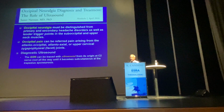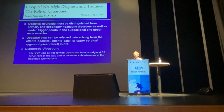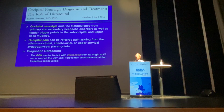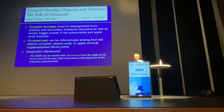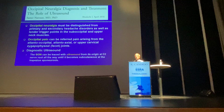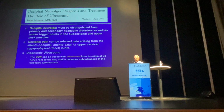Occipital neuralgia, one of the last things I'll discuss. Very interesting condition. Obviously, it must be distinguished from primary and secondary headache disorders. It can be referred pain from the atlanto-occipital, the atlantoaxial, as well as the upper cervical zygapophyseal or facet joints. Diagnostic ultrasonography is very useful for this condition. In fact, it's the only modality which can render a clear-cut diagnosis in the vast majority of cases,